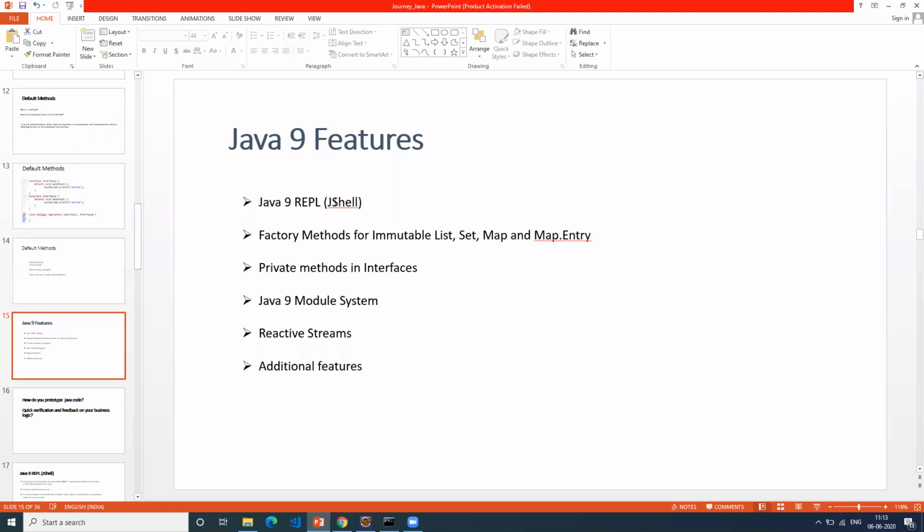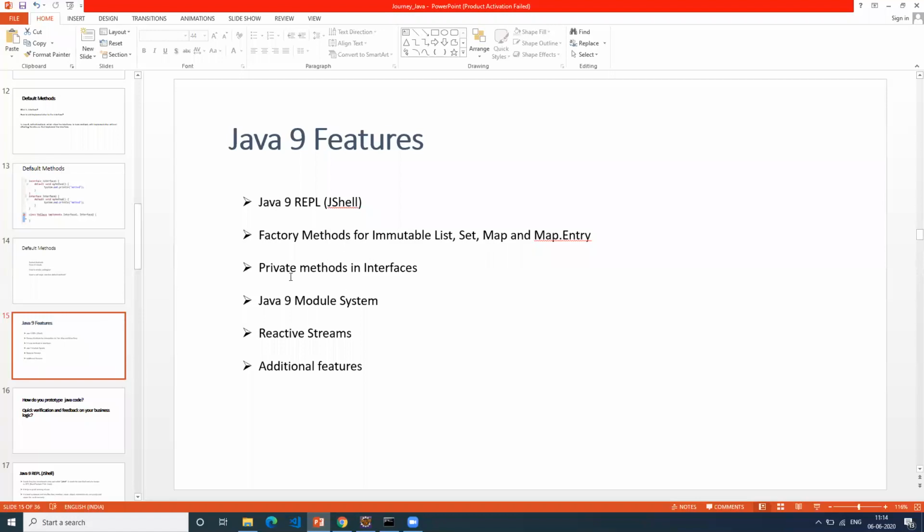Now, these are the high-level features that I'm going to cover in the Java 9 session today. I'm going to cover JShell. I'll explain how it works, and we'll do some exercises on that. Then we have some factory methods to support immutable list, set, and map, and other stuff. I'll explain, and we'll do some exercises on that. From Java 9 onwards, private methods have also been added.